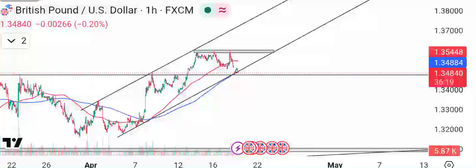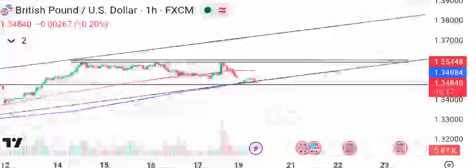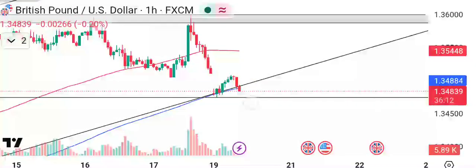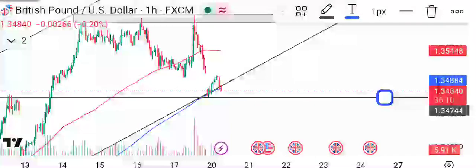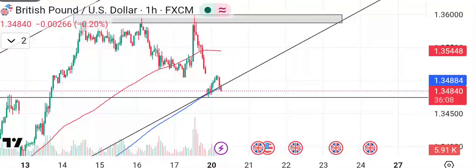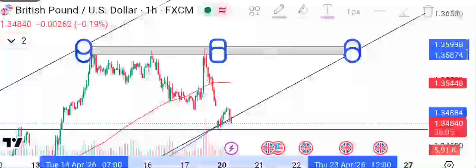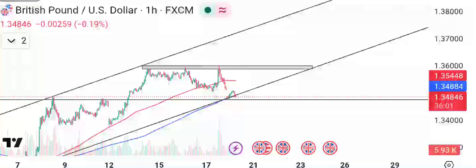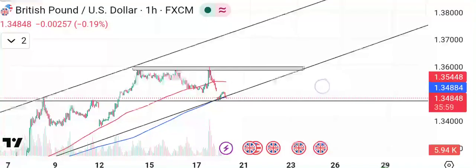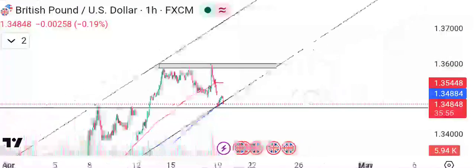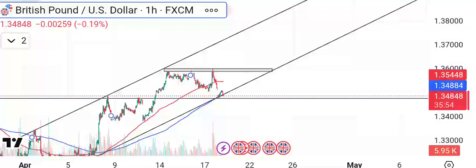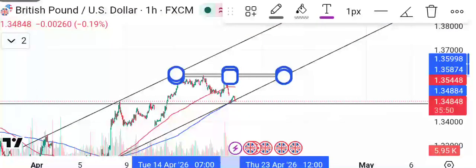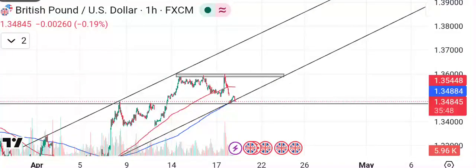Or I'm doing this. If I'm not doing that and price is able to come to this support, if price gets to this support level and it does not take it out, and price picks up, maybe demand comes in and price gets to this resistance, I want to see what will happen on this resistance. If on the resistance zone, price does not take out this resistance and it takes out this channel, invalidating it, I will sell from the top. But if it should take out this resistance zone, then I will go long.